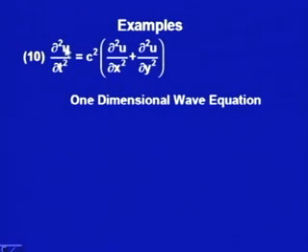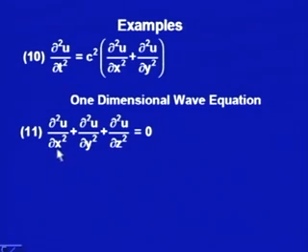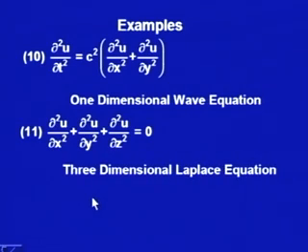You see here the unknown function u is of the three variables x, y and t, and we have partial derivatives with respect to t, x and y. Then we have del 2 u over del x 2 plus del 2 u over del y 2 plus del 2 u over del z 2 is equal to 0. This is actually the three dimensional Laplace equation. Here we have three variables x, y and z.